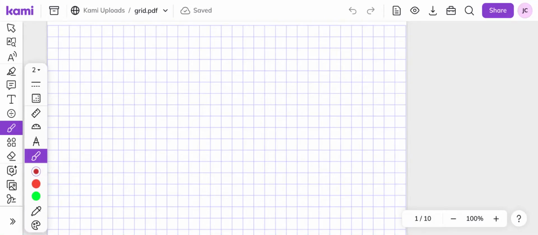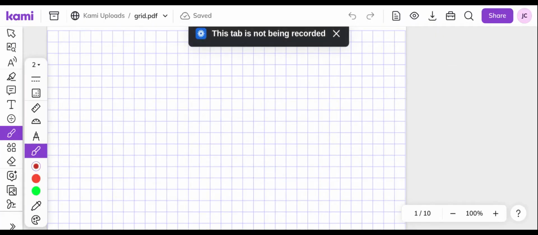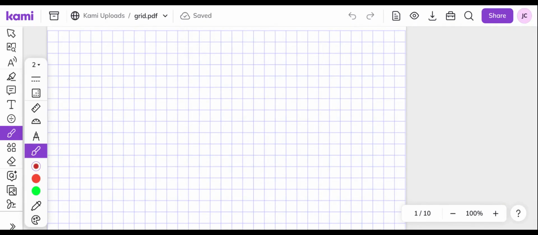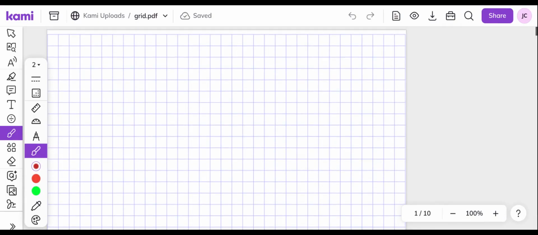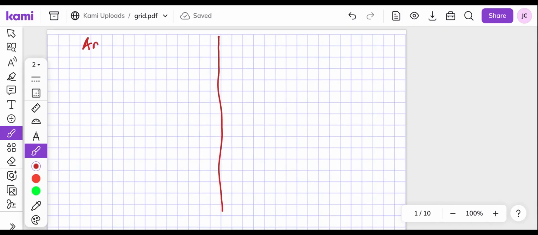So we're going to be talking about multiplying polynomials using a couple different methods. One is area model, and the other would be using distribution or something that we call FOIL. And so let's look at both of these, and I'm just going to draw a line down the middle of my page, and we'll do the area model on one side,